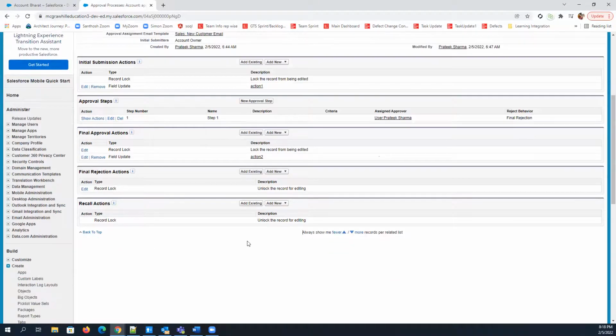Okay. So again, if somebody asks me as an admin to make the approval steps, it will be according to the requirement of their organization. Yes. So Akhil, whenever as an admin or as a developer you create an approval process, your architect will give you all the information.